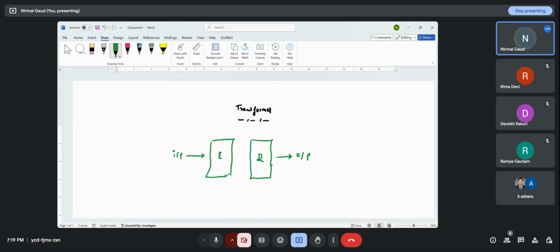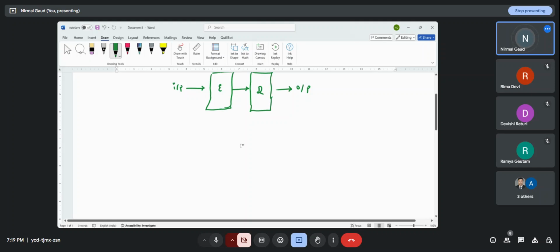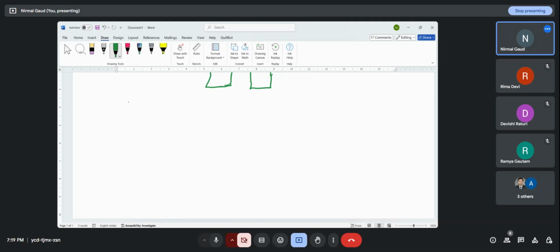Encoder and decoder are connected like this. We studied the encoder portion, and how things went in the encoder is we gave